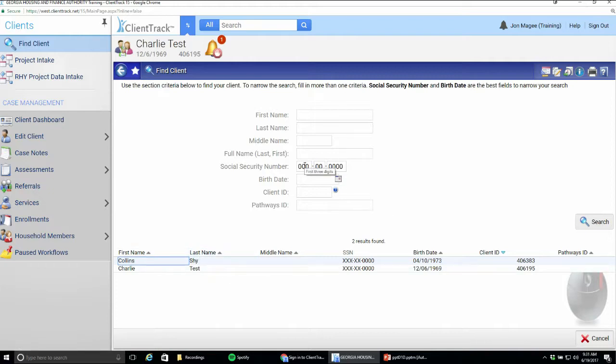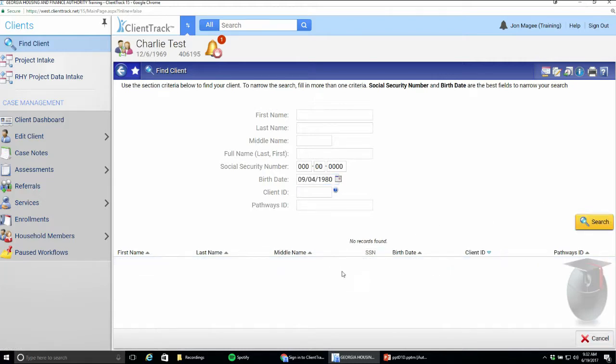The next thing we'd want to search by is birth date. But first we would want to delete the Social Security number here. The reason we'd want to do that is if I type in a birth date here and hit search, I might not get any results, but that might be because I'm also now looking at birth date and